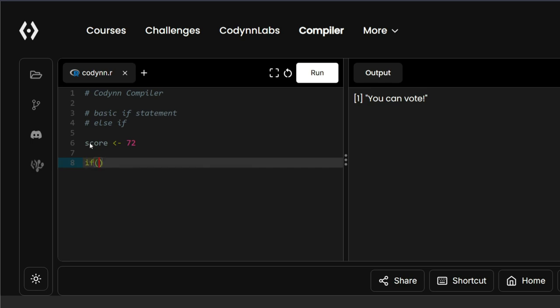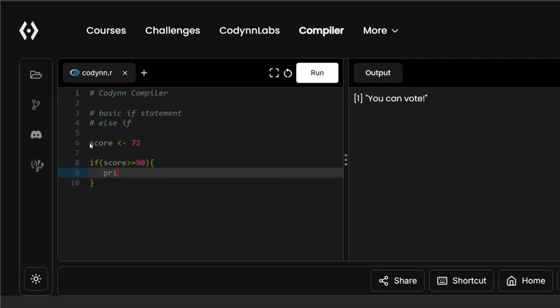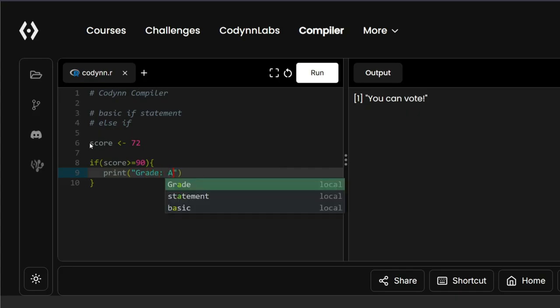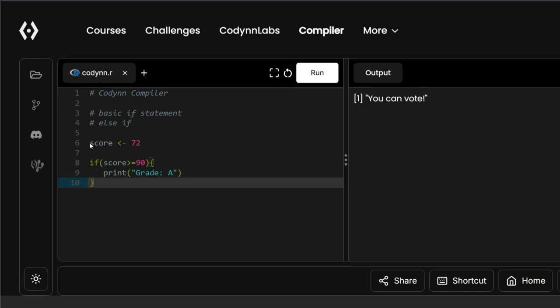So if score is greater than or equal to 90, the student will obtain a grade of A. So let's say we will print out grade is A. Now what if the student gets a score of below 90? We want to define a condition for that as well. So else if